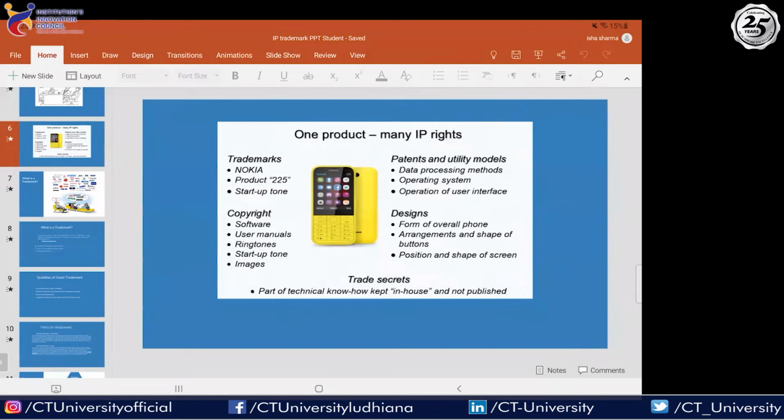For the same mobile phone, there was a technology which was created. For the technological part, you don't want anybody else to copy your technology, so a patent application can be filed for the same. For the software integrated part of that mobile phone, you can file a copyright application as we discussed. And for the aesthetic appeal, you must have seen the BlackBerry design or your Samsung Curve design.